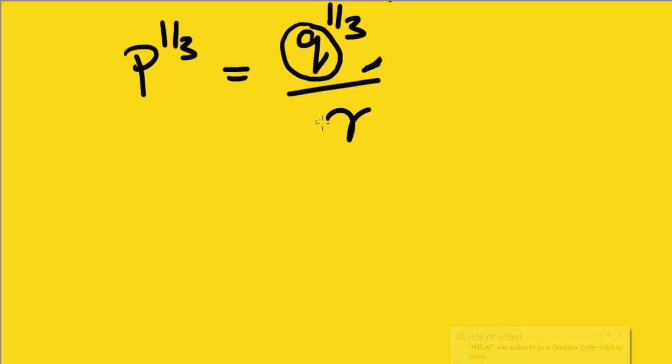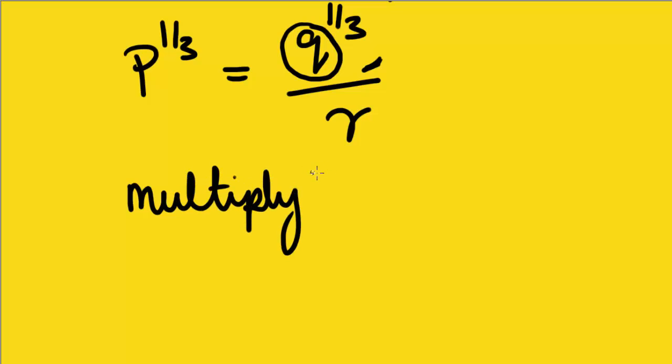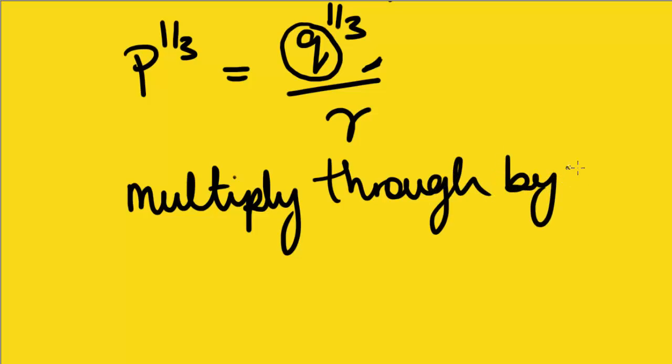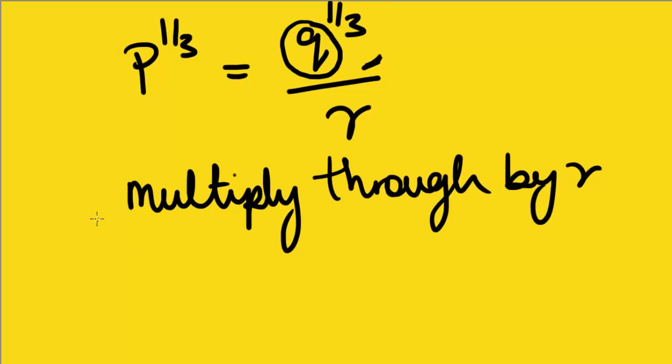So how do we do that? Well, we have r as a denominator here. Let's multiply through by r. So multiply the left hand side and right hand side by r, so you can get rid of the r in the denominator, so you no longer have fractions. And this will give us